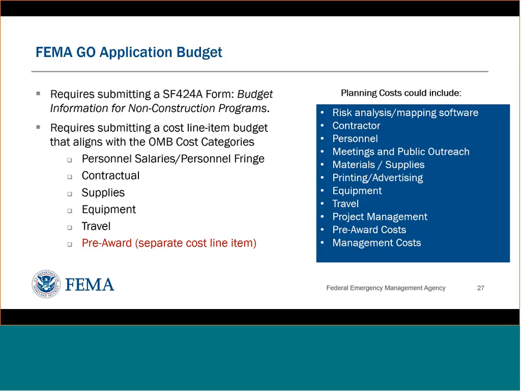When you're doing that FEMA Go budget, it should be aligning with the OMB cost categories. So here are some of the cost categories that you'll see on that SF424A, and generally we recommend separating your costs by these categories in the official system, FEMA Go. So personnel salary, personnel fringe, contractual or consultants, that can kind of be the same idea. Supplies, equipment, travel, and then pre-award. If you have any pre-award costs, so costs that you're seeking reimbursement for